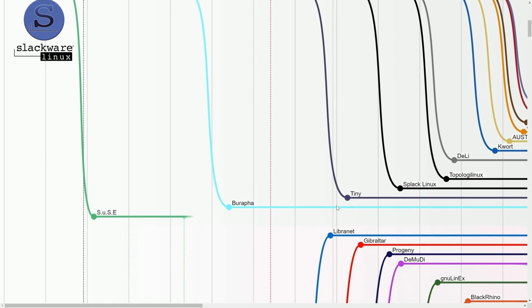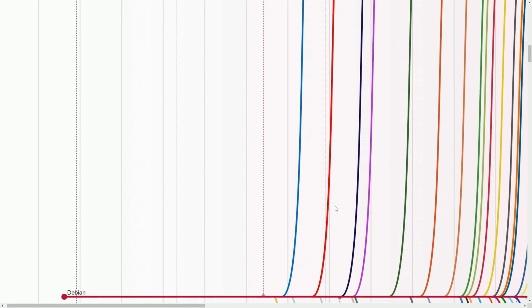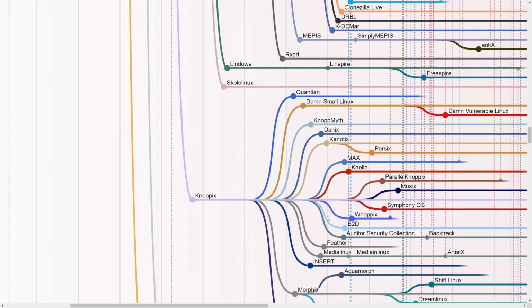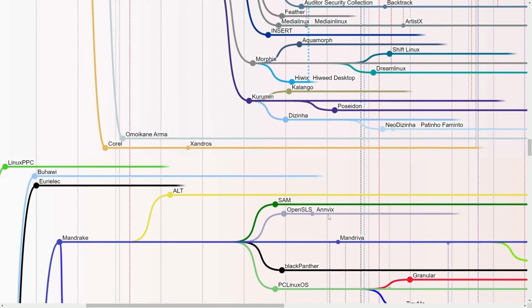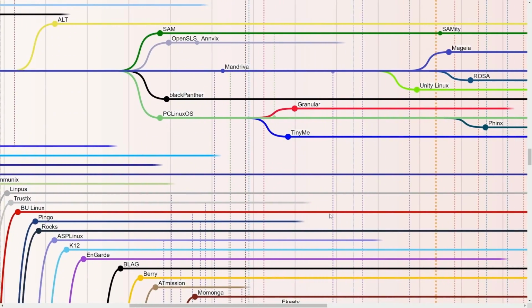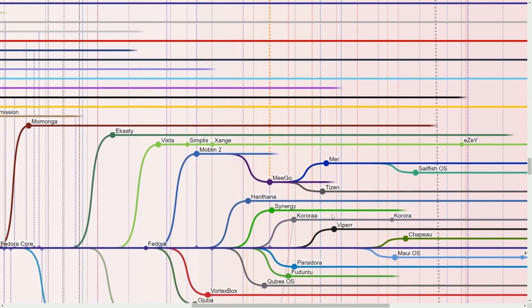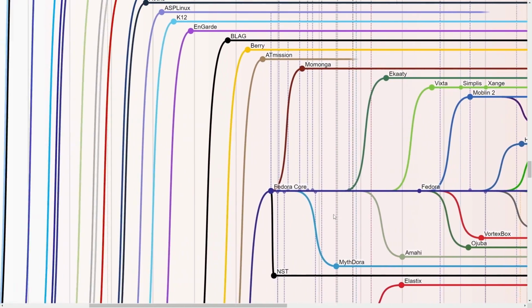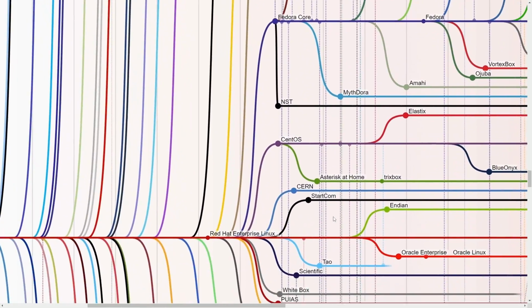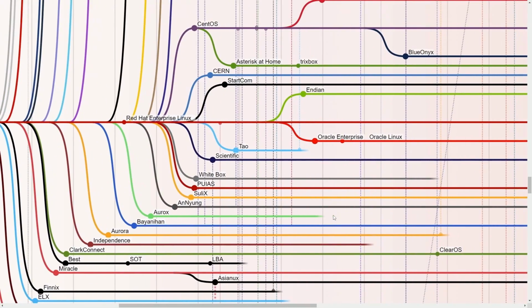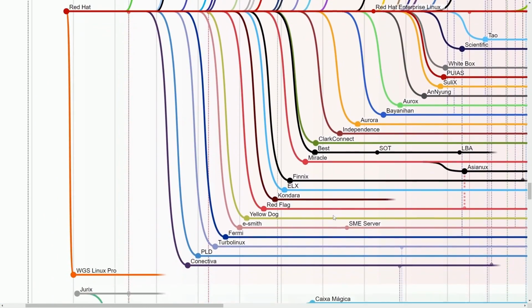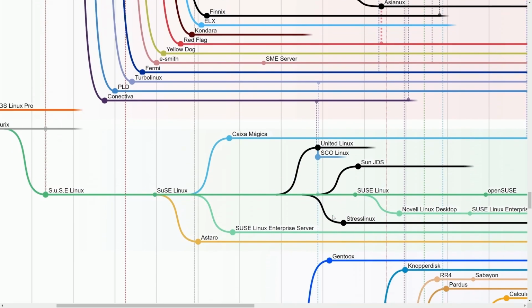There's many different distributions on here. We're not going to be covering everything, but I do want to cover some of the major distributions and get a little history behind them. As you can tell, this map, really like a mind map, has so many distributions that have fed off of each other, all for various different use cases, some of them more known to us than others. I'll put a link in the description below so you can check it out yourself in more depth.